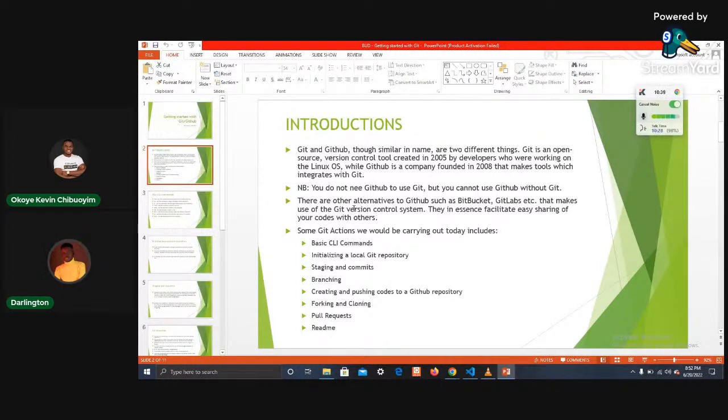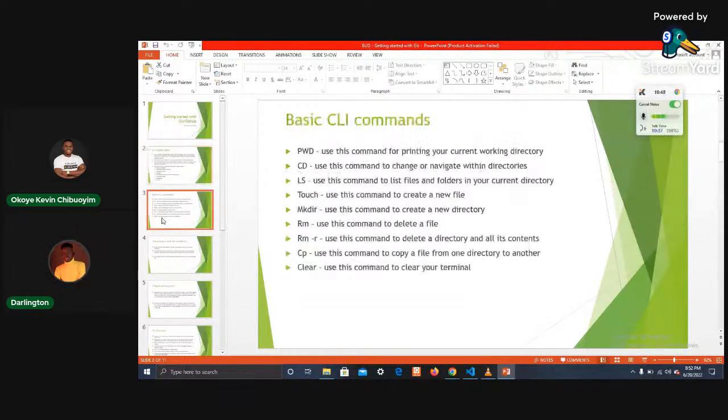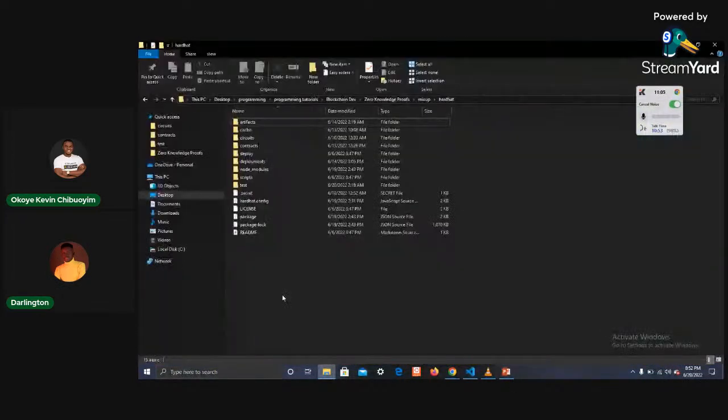So I want to think that the majority of us already have Git and Git Bash installed. So we're looking at basic CLI commands. The basic command line interface commands are commands that every developer needs to know in order to use Git successfully. So let me open my Git Bash.